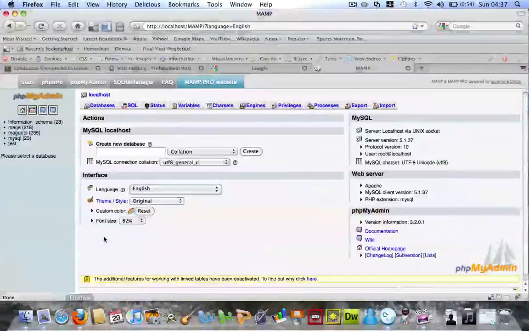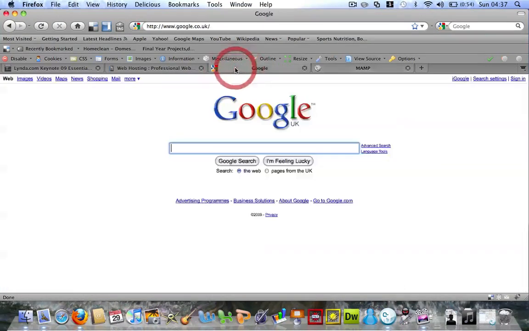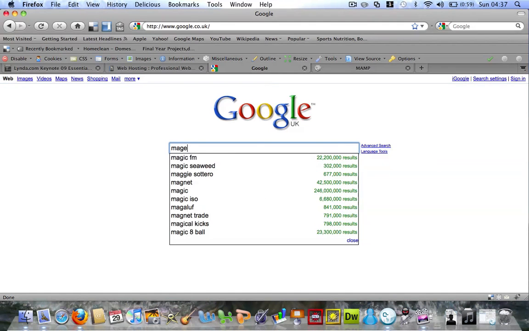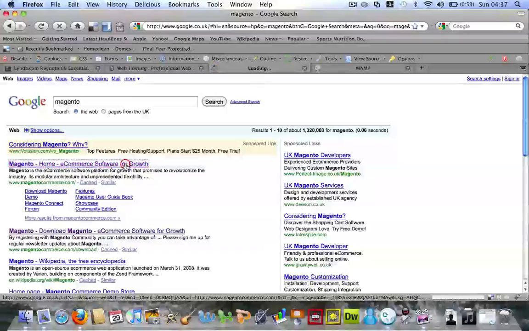Now you guys may know that Snow Leopard and Magento have a few compatibility problems. The reason for that is because Magento is using PHP 5.2 whereas Snow Leopard uses 5.3. Now I did find a way of how to do it, so if you go to your Magento website and